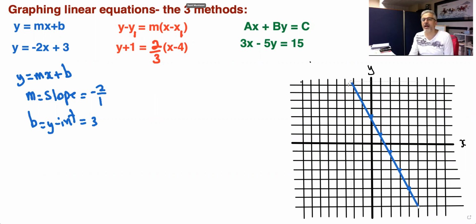As you go from left to right along here, you should be going down. If your slope is positive, you should be moving up. As you go from left to right, you should be moving up. So the next one,